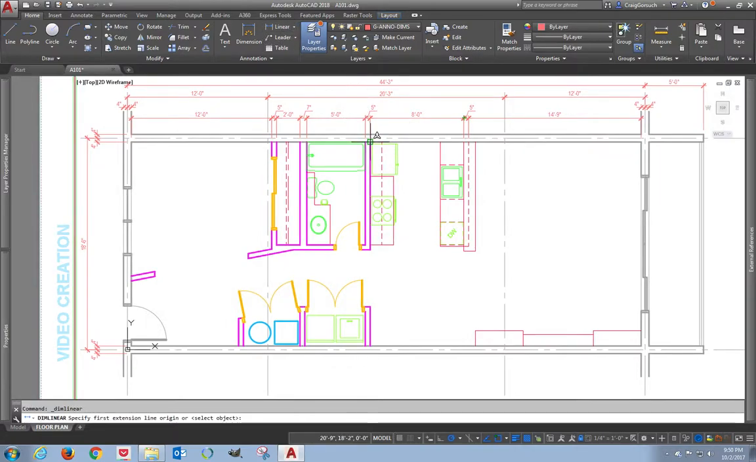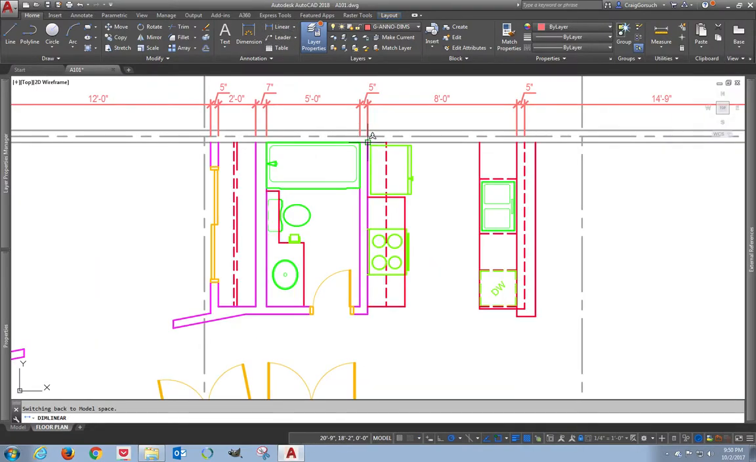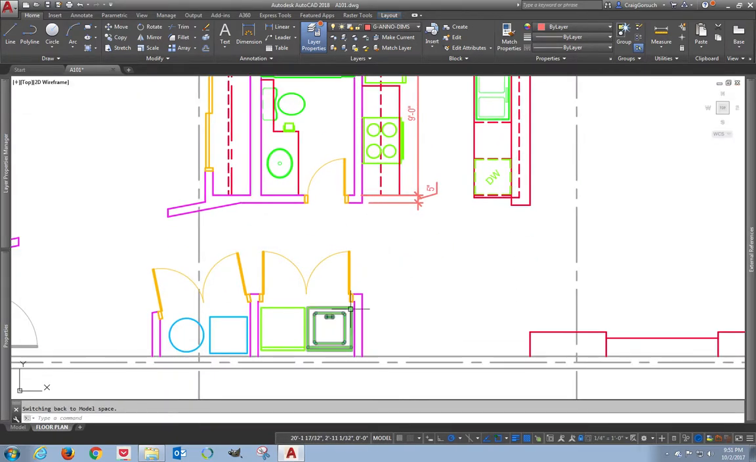Place another dimension. I'm going to zoom in so I can see what I'm doing. And to show the thickness of the wall, there we go. Now I'm going to skip over the hallway in the middle for now,